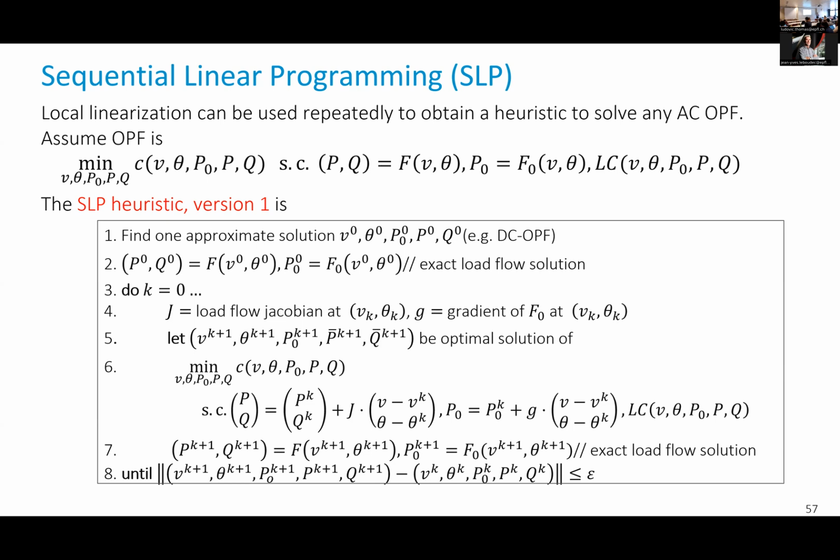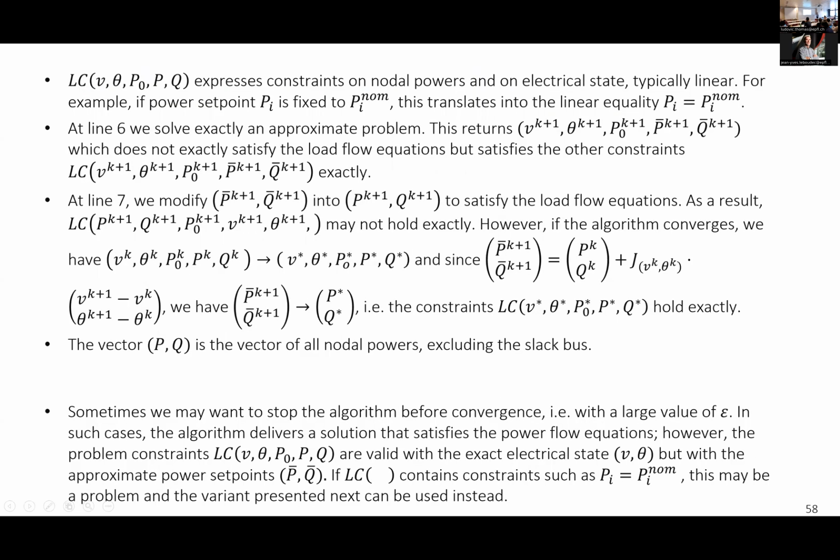If I converge, I don't care, because at convergence they're quasi the same. If I stop before convergence, and that happens sometimes, because if we do a system that runs in real time, we want to be sure it converges, so we will impose a number of iterations and stop at a fixed number of iterations. Then it depends. I may not be happy with that. I may be happy with that if my constraints are strict constraints on V and theta, because I know my V theta will satisfy the constraints, so will the P bar Q bar, but the PQ that my system will return are not exactly equal to P bar Q bar. They're a bit different,